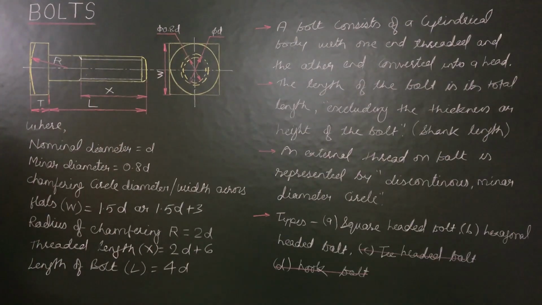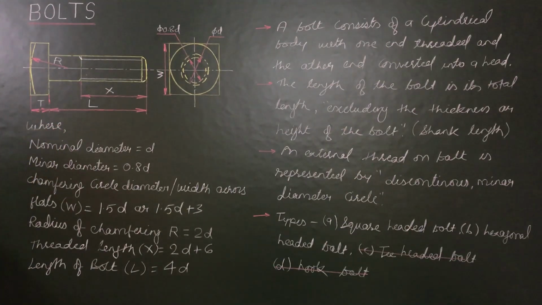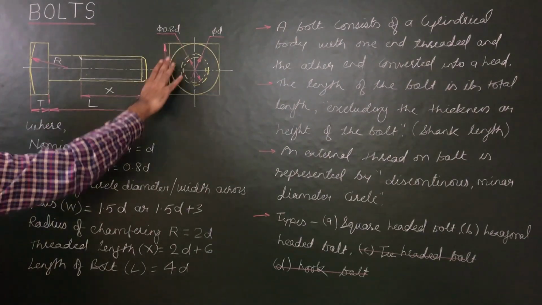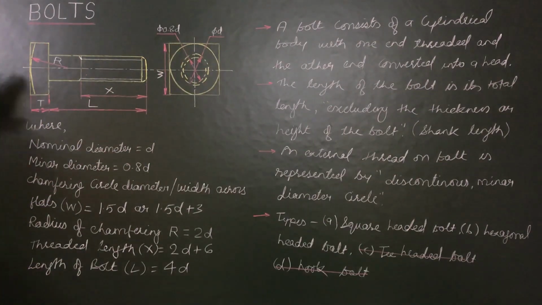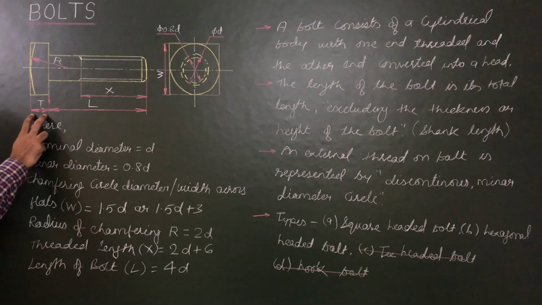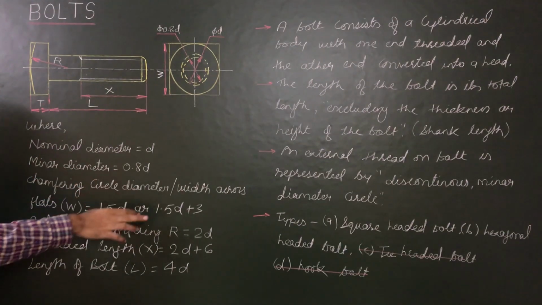In this diagram, the axis of the bolt is parallel to both HP and VP. Now the question is, from where to start the construction of the bolt? First of all, the head in side view or top view or in front view. So we have to start from its head, because construction of the head is 99.9% similar to the construction of nuts. The only difference is the nut and bolt head thickness. In the case of a bolt, the thickness is 0.8 D, right?